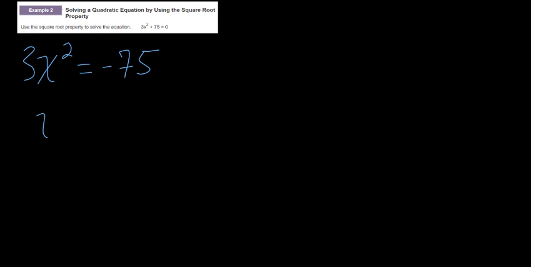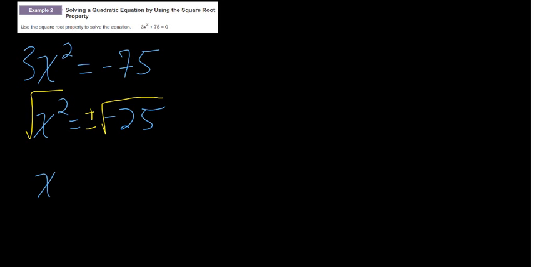So we're going to have x squared is equal to negative 25. Right? And then we're going to take the square root of both sides again. So we're going to take the square root of x squared and the square root of negative 25. And again, always remember this part. Let's make these equal signs a little bit smaller so I can put that plus or minus there. Remember, always put that plus or minus in front. Right? So the square root of x squared is just going to be x, and that's equal to